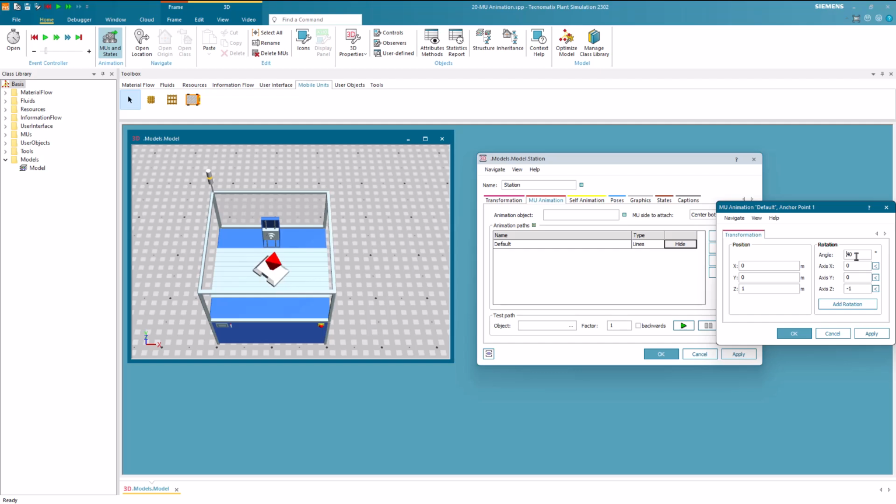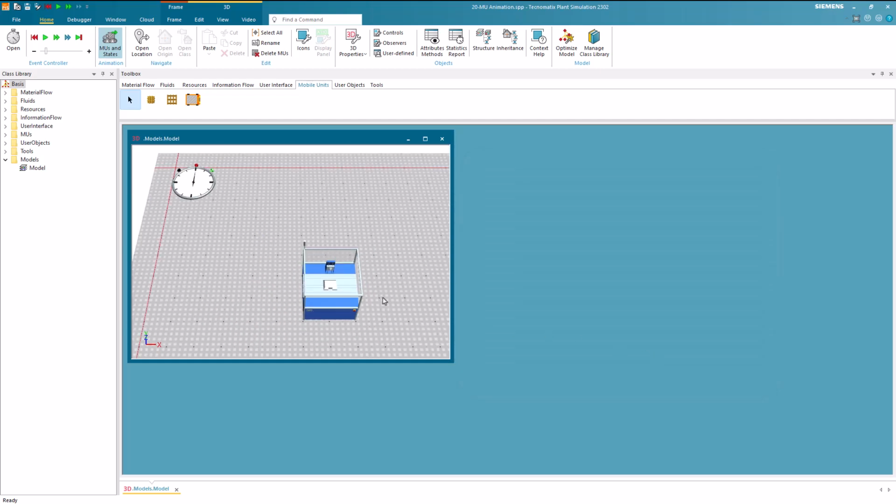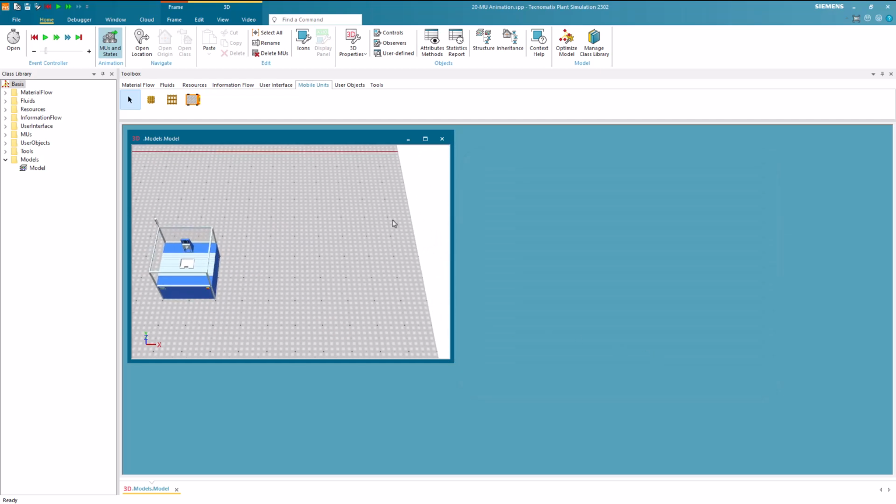We've explored buffers in previous videos, and you're likely aware that parts in a buffer are typically stacked on top of each other. Nevertheless, this stacking arrangement might not always align with your specific requirements. Let's consider a scenario where we're operating in a glass factory and need to store glass vertically. In such cases, you have the option to customize the animation path within the buffer to accommodate these vertical storage needs. To showcase this, we insert a buffer into the frame.